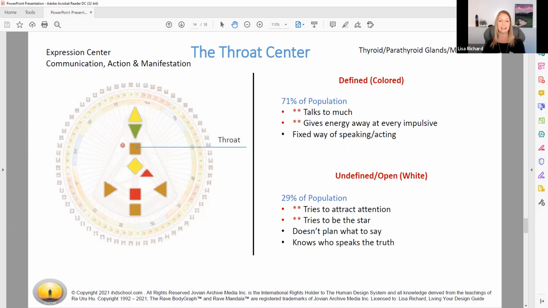It's meant to be released in a healthy, appropriate way that can be done through guidance and teaching. So in their wisdom and learning how to use that energy appropriately, they can have confidence that the right words will just come to them. They can express themselves. They don't have to plan out their words. They don't have to worry about their words. They don't have to be afraid to talk. They can just trust that when they need to say something, the right thing will come out. And they know who speaks the truth. They can hear through that vibrational tone who is correct and who is not correct to them. So they have a lot of wisdom in that throat center.